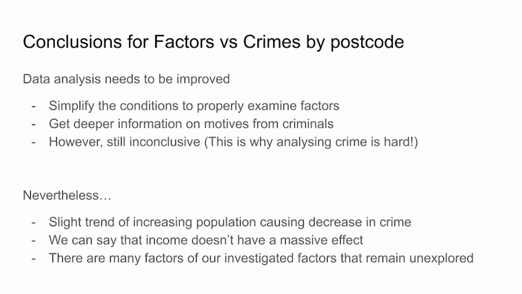Maybe a more realistic way, just brainstorming right now, would be to ask criminals of their motives before taking them in. But even they would probably be influenced by the many factors that make up life, even just of population and income. So what can we conclude? Well, we know now that by postcode, population and income have many effects on crime, but we cannot narrow them down just from our data. However, there is a slight trend in population, but again, take that with a grain of salt.